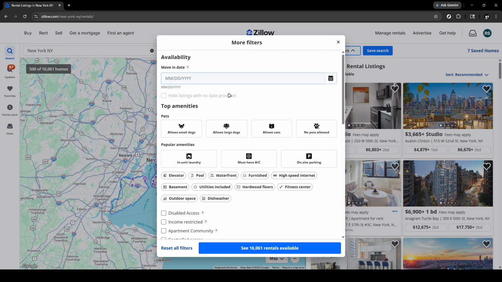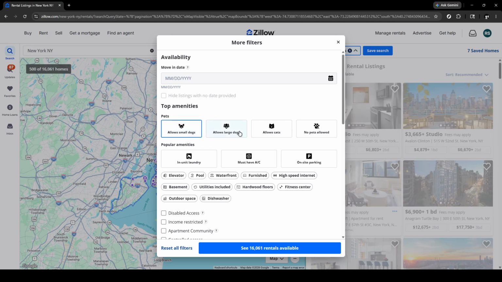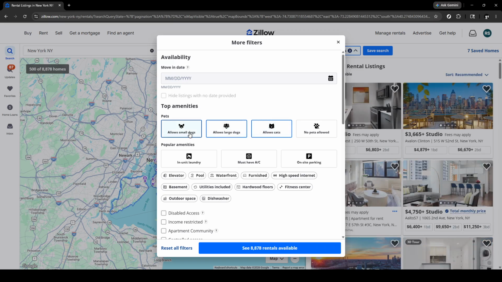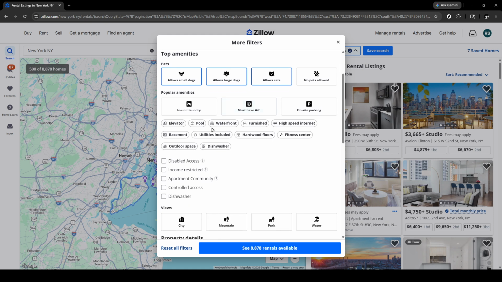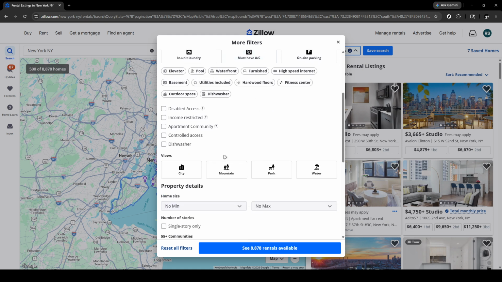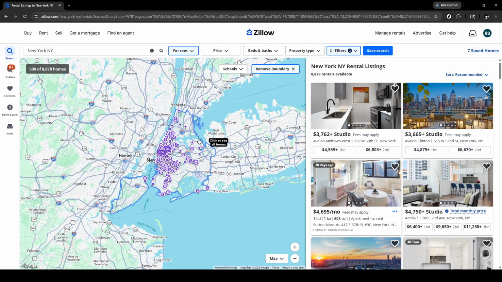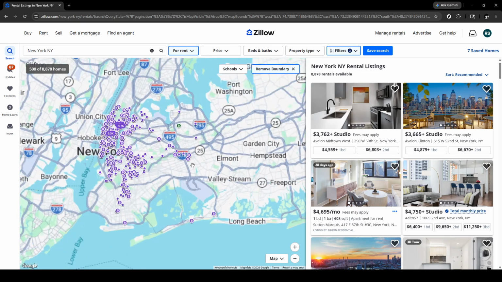Now refine the results to match your lifestyle and budget. Set a monthly price range with a realistic minimum and maximum. Leaving a little headroom often reveals hidden deals with move-in specials. Choose the number of bedrooms and bathrooms that fits your needs, from studios to larger layouts. Use the move-in date filter to surface places that line up with your timeline, which prevents wasted time on units